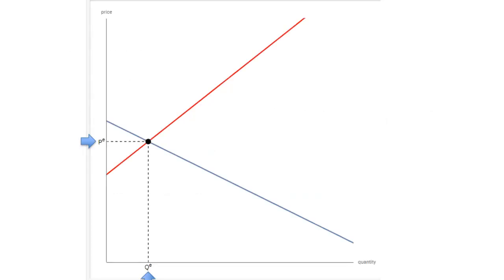We draw demand and supply curves, and let's assume that the market has gravitated to the equilibrium price and quantity. That is, the price at which the quantity demanded and the quantity supplied is equal, where the two curves intersect. Now, we want demand to increase. So income has risen, and we're assuming this is a normal good. So when incomes rise, demand increases. That is, the entire demand curve shifts to the right.